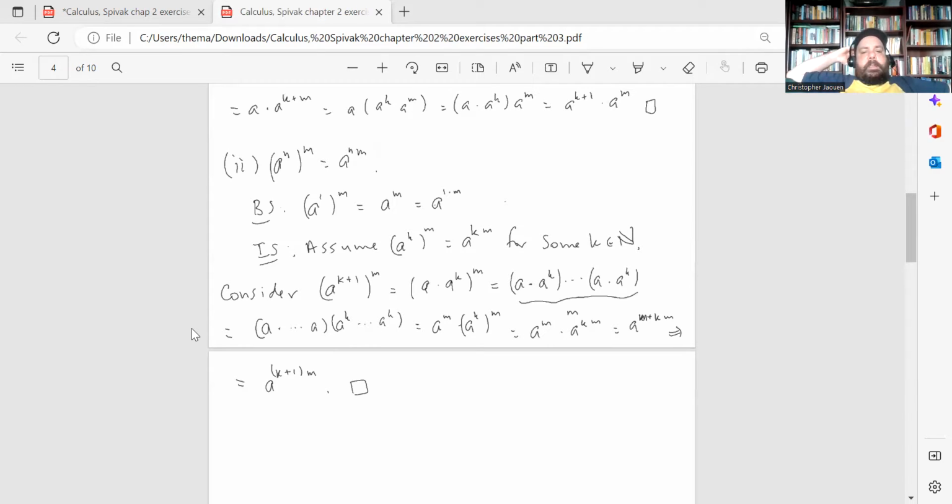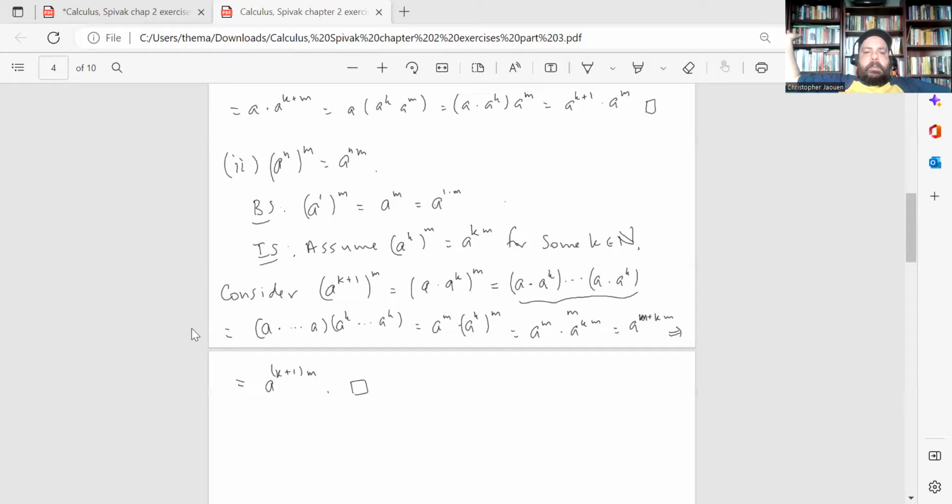Inductive step, assume that the property holds for some natural number k. And then if we look at a to the k plus 1 raised to the m power, that's a times a to the k raised to the m power. And just using the definition of the powers, that's equal to a times a to the k multiplied by itself m times. And we can use associativity of multiplication to rearrange things. So we get a multiplied by itself,